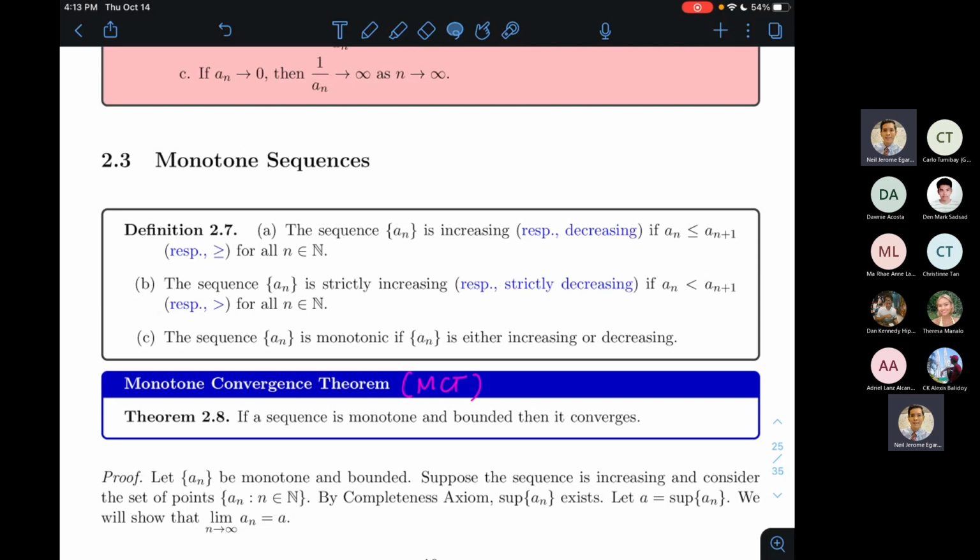Pero baliktad yata yung ginawa natin last time, no? Pinrove natin yung LUB property gamit yung Dedekind's completeness, which is half of the proof of their equivalence. Now we look at some theorems involving sequences na equivalent sa completeness axiom, be it Dedekind's or be it LUB property. So ibig sabihin, pwedeng wala muna tayong dineclare na